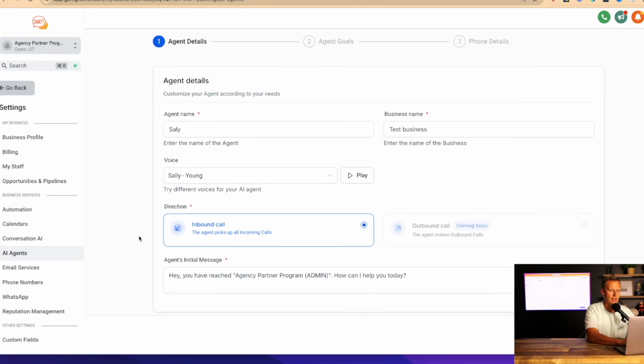Now we're going to come down here, and this right now is only for incoming calls, inbound calls, but very soon they're going to be releasing outbound calls. So if you need to do appointment reminders, like if you're a dentist, or make outbound calls to try to set appointments for your sales reps, you'll be able to make that happen. And then this is the agent's initial message, and you can customize this to tweak whatever you want them to say. So it says, hey, you have reached, whatever the business name is, how can I help